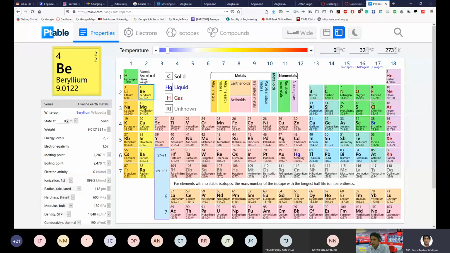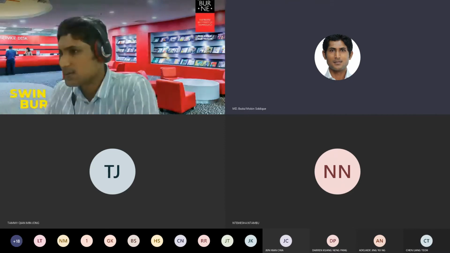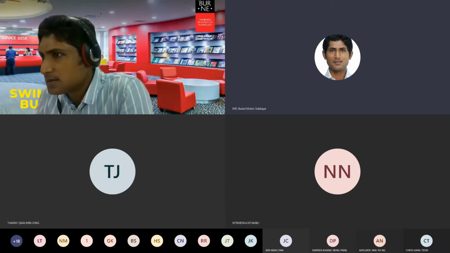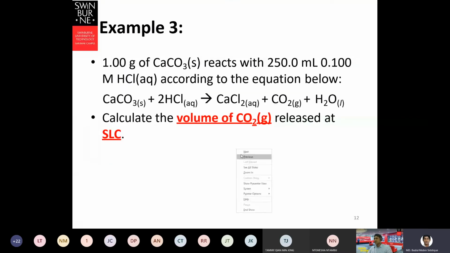Okay, so now again going back to our lecture slide. Where is it? All right. So we were here, 1 gram of calcium carbonate, example 3, is another example